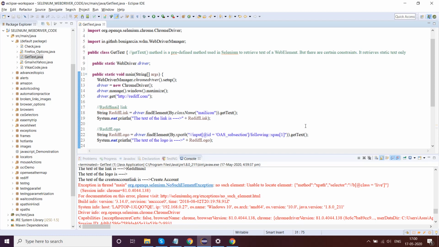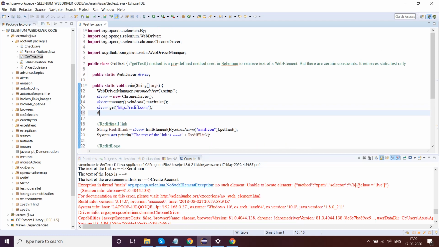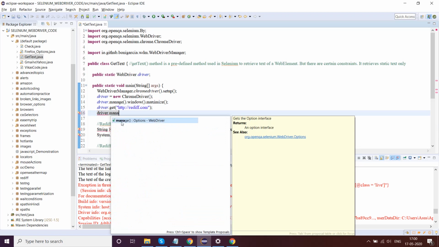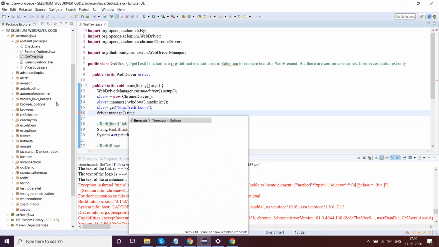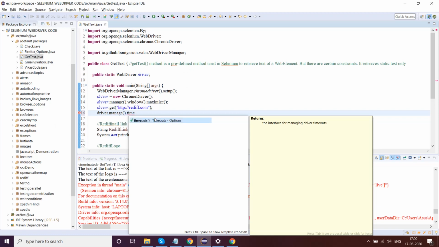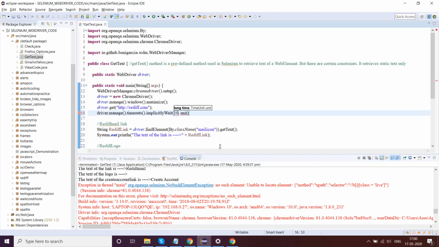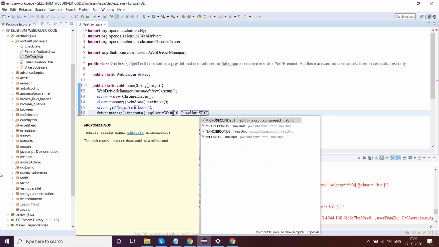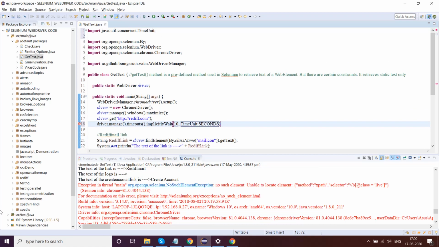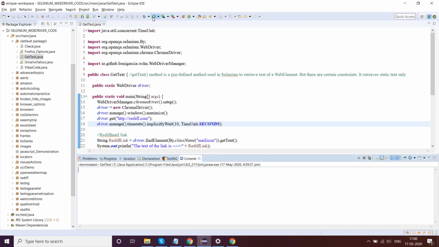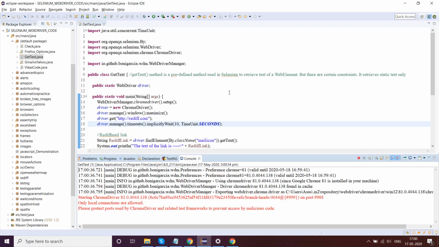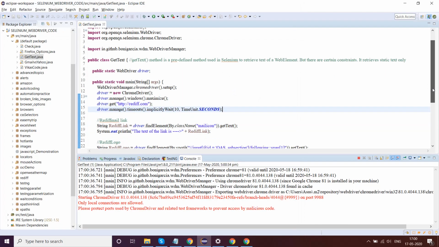Fine, we probably will give it one more shot by driver.manage().timeouts(). I'm not sure whether this thing will work. I'm just giving it a shot. It may come back to the same error again. It might not work here also, because let's run. I don't think it will work, even though this particular implicit wait condition will not work, but I'm still giving it a shot. Let's see if it works or not.